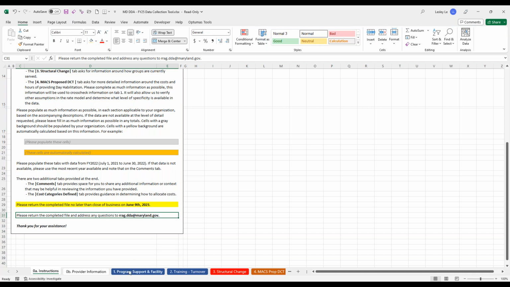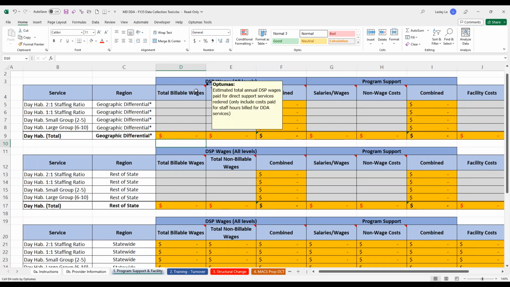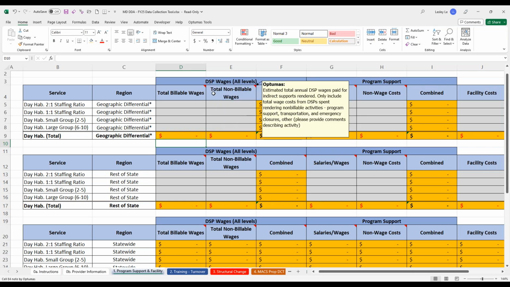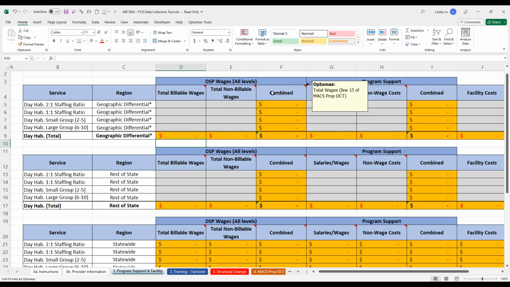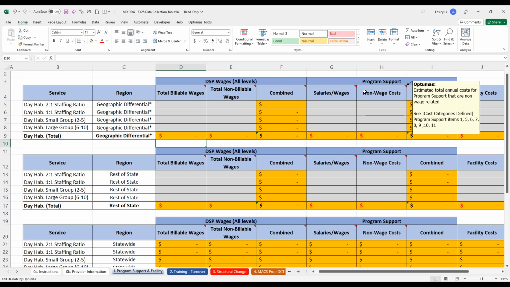And then under program support and facilities, all we did was, as Caleb had pointed out, when you highlight the header of these columns, there's a little more detail around what constitutes billable versus non-billable, and then the specific cost categories that we see in the final tab of this tool, just highlighting the item numbers that the columns correspond to for program support to help clarify what goes where.